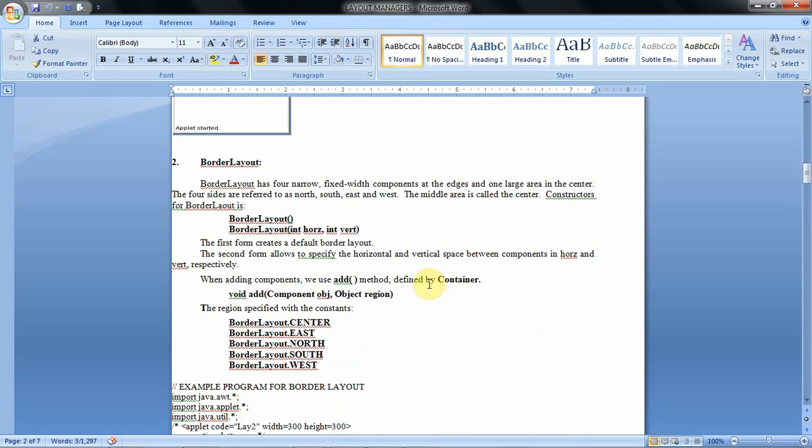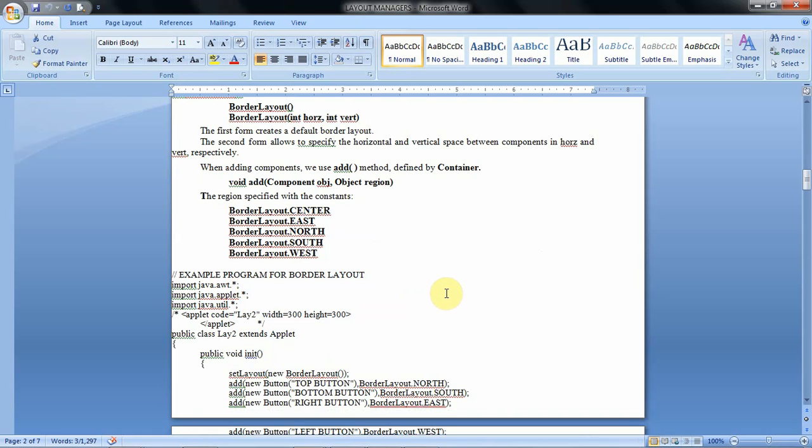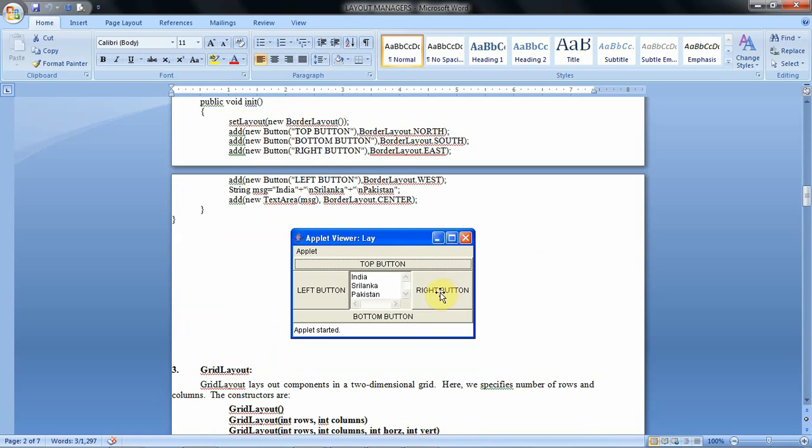The border layout manager arranges the components in 5 regions of the window. That means it divides the window into 5 regions and arranges mainly 5 components or 5 groups of components in those regions.